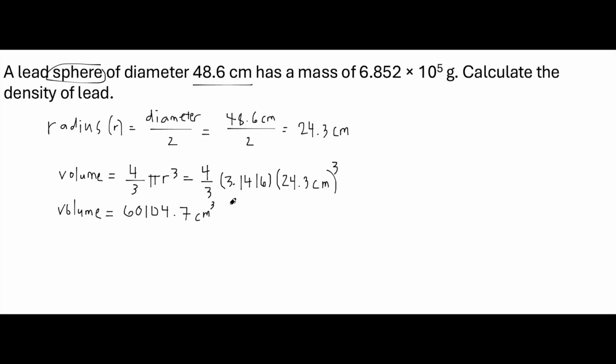Okay, so now that we have the volume, we can now calculate for the density of lead. So again, just recall the formula for density. Density is just the mass over volume. And the mass is already given in the problem. That's